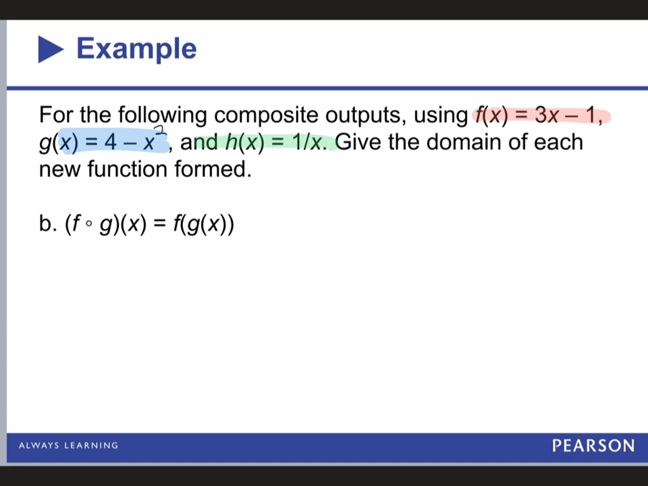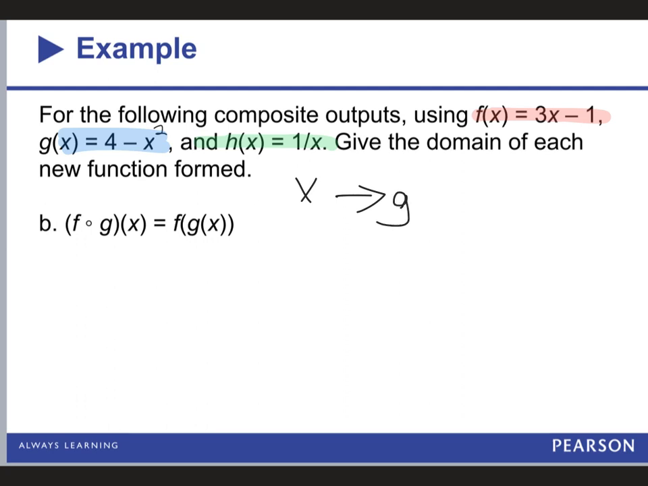So here we have our three functions. And again, the function instructions for f say that we're going to triple our input and then subtract 1. The instructions for g say take the number 4 and subtract your input squared. And the function h says we're going to take the number 1 and divide by our input. And here we want to find f of g of x. So we're going to do g of x first, and then we're going to apply f to our next set of instructions. So my input is x,